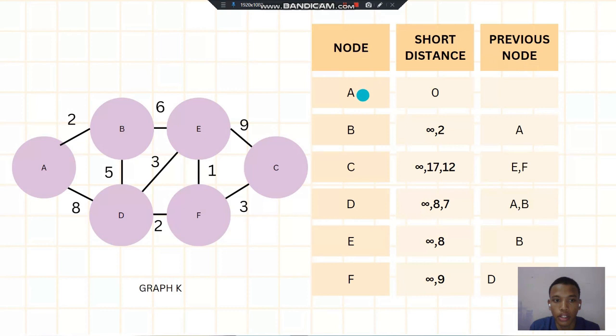Okay, we set A as our initial, so the shortest distance is 0. And for the other nodes, we set infinity because we don't know the distance yet. Okay, so we know that A is our initial, so we need to look at the unvisited nodes to see which one is the shortest. As we can see, A to B is the shortest because it has 2, and A to D is the